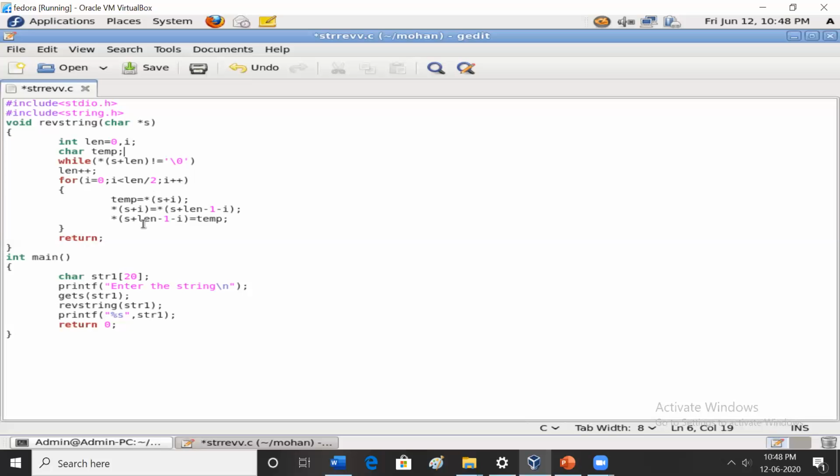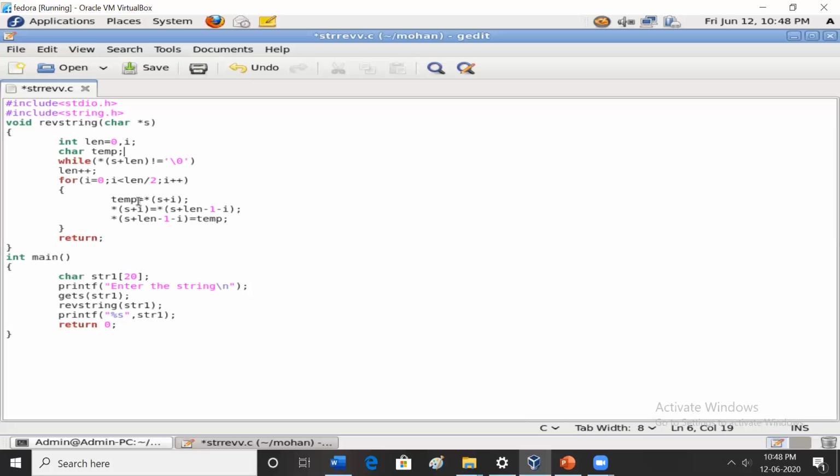And for the last position, star of s plus length minus 1 minus i is assigned temp. Whatever value I stored in the temp variable, that is the first character of the string, is copied to the last character. I am performing the swapping operation of the first character with the last character.